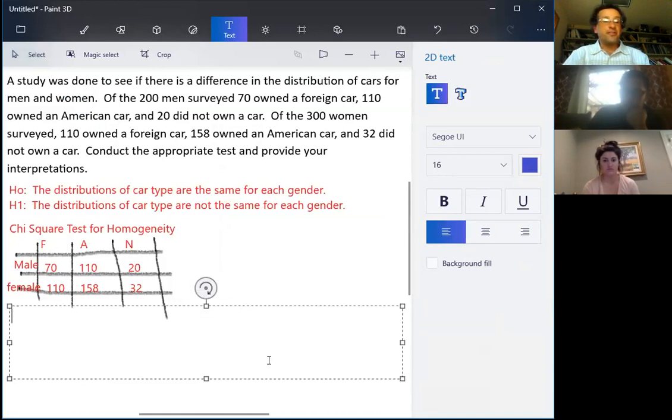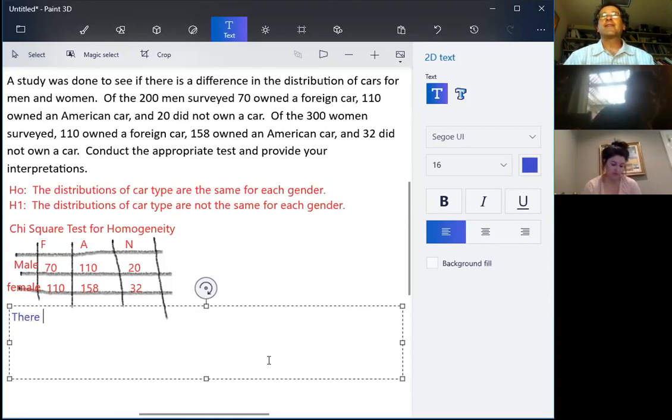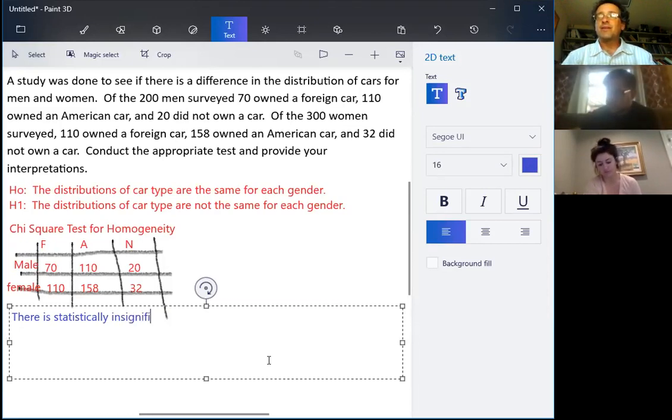And hopefully you know the first couple words I'm going to write. What are they? There is insufficient, or statistically insignificant. I like to write statistically insignificant or insufficient. You should understand both of them because you'll be tested on both of them, especially on the computer. Statistically insignificant evidence. And the way I like to write it is to make a conclusion